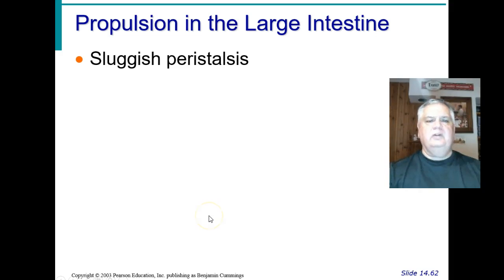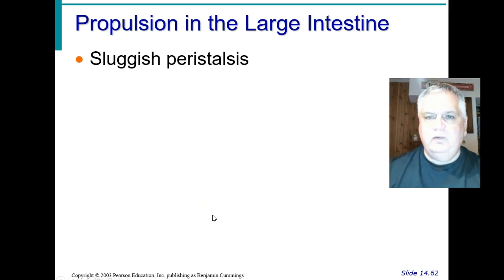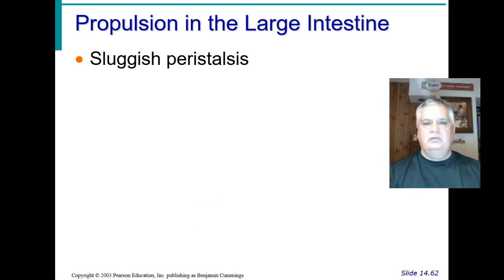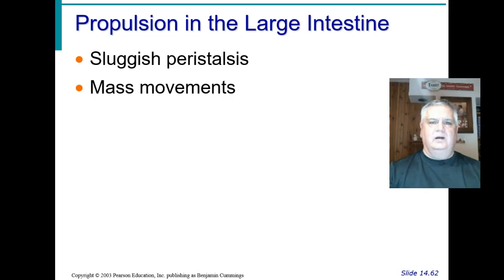All right, how about propulsion in the large intestine? Well, there is peristalsis that does occur to help keep moving food through the large intestine, but the peristalsis is going to be kind of sluggish. And again, that's because the muscularis externa has been reduced to 3 bands of smooth muscle tissue, the teniae coli, so you're not going to get very